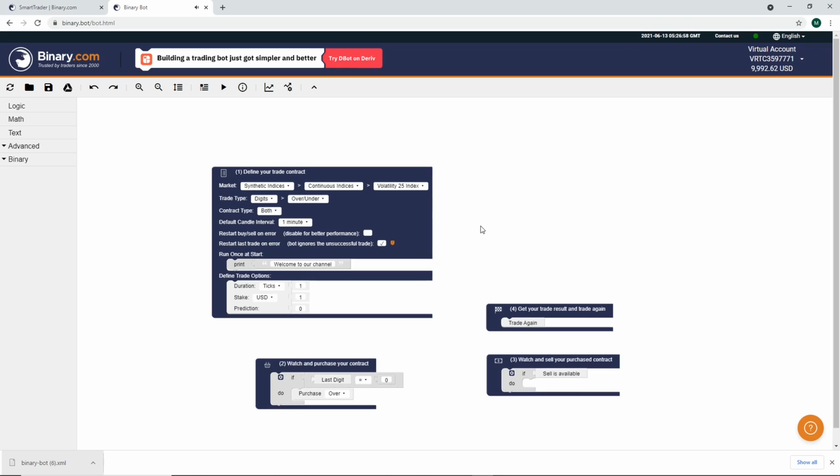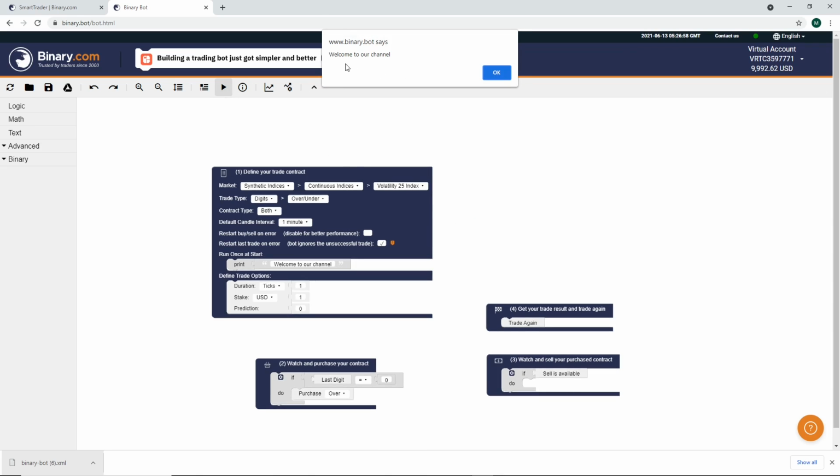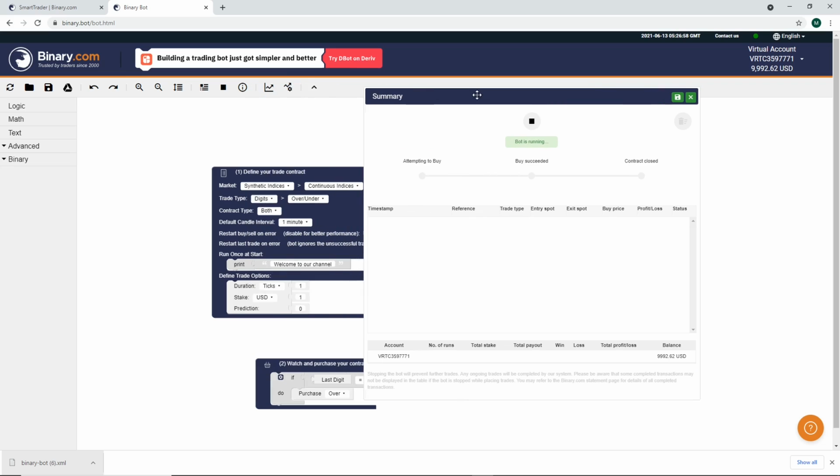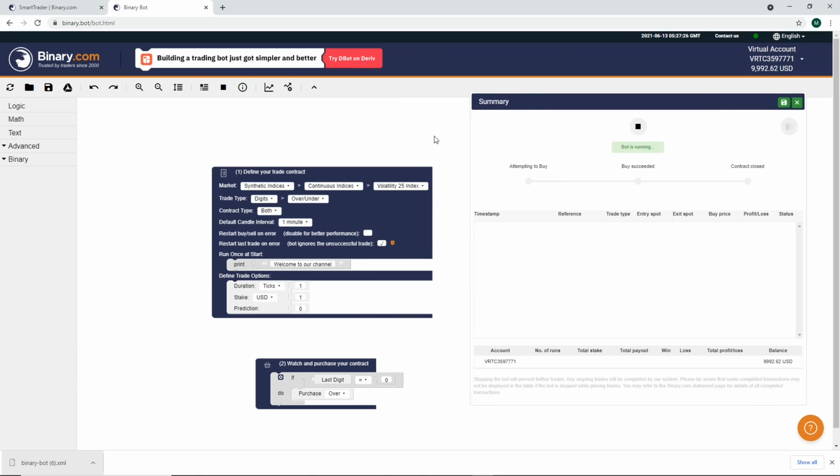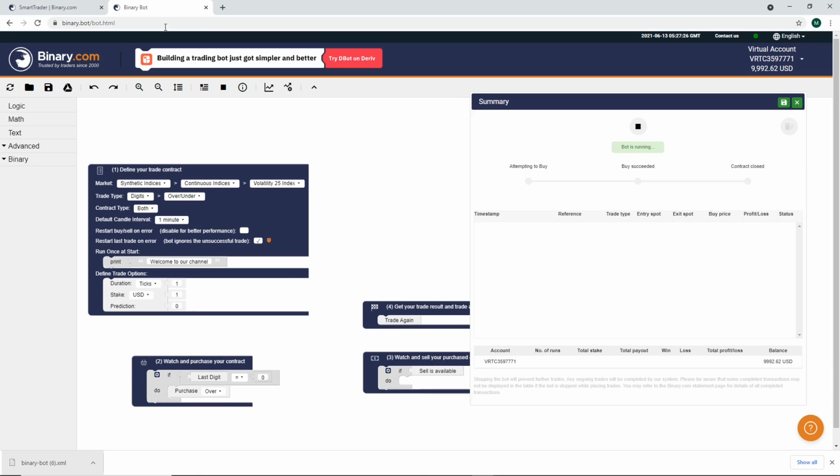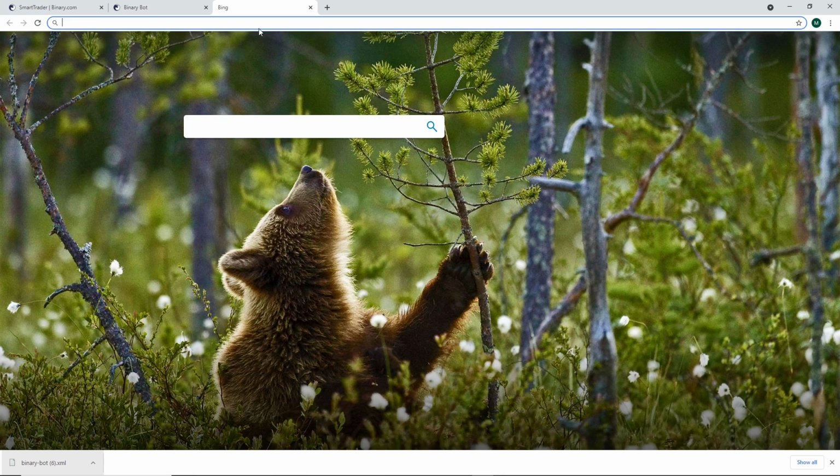Now I run the bot again. Fine, now it shows only the text message, welcome to our channel. When I click OK, the bot starts running. If the market has last digit 0, then our contract will be purchased over. We'll see, and for that I'm using the LDP analyzer.